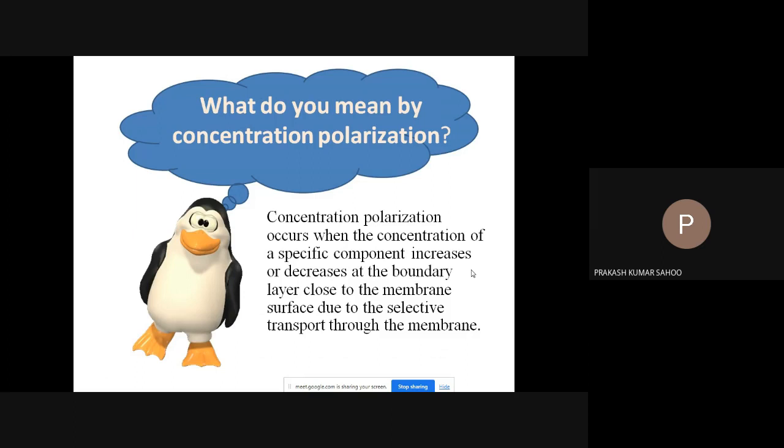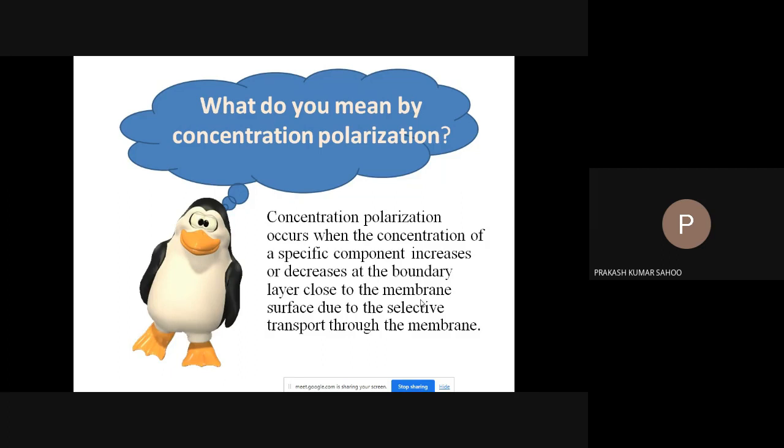So what do you mean by concentration polarization? It occurs when the concentration of a specific component increases or decreases at the boundary layer close to the membrane surface due to selective transport through the membrane. This is known as concentration polarization. In a solution medium, when a specific component's concentration increases or decreases in the boundary layer close to the membrane,